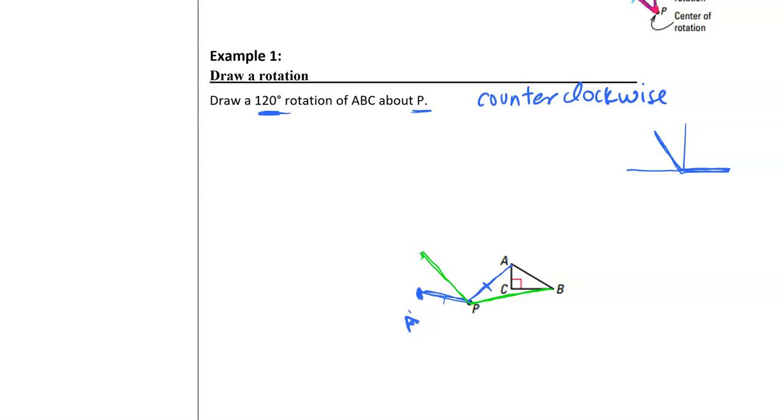Okay, so that seems reasonable. Okay, so that looks like it's about the same as that. And then lastly, let's do C. So from P to point C,